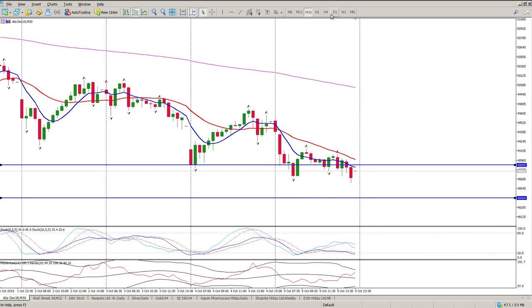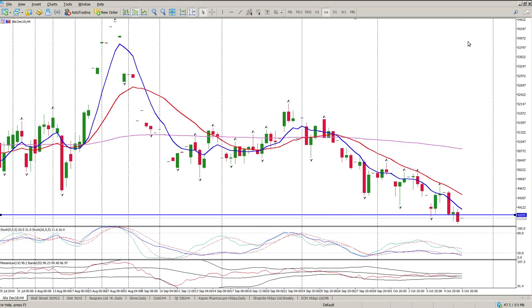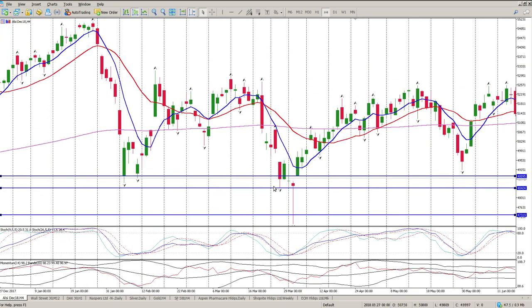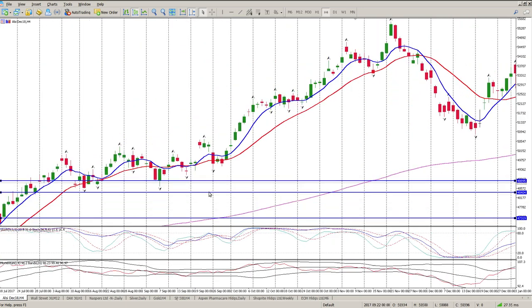There's no significant level, and the next significant level is pretty much over here, and you can see it lines up with this inside tail and this tail here. So this 48,400 is the next significant level for that. Should that give way,